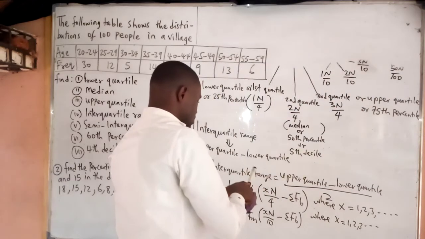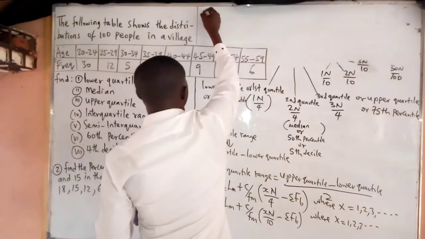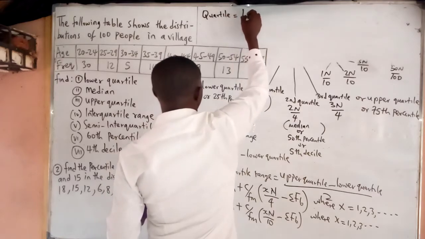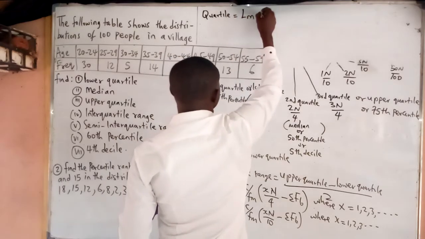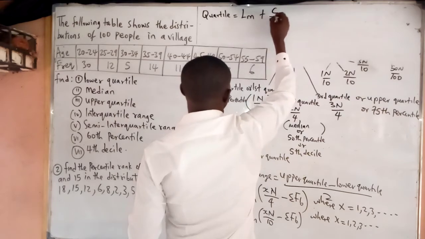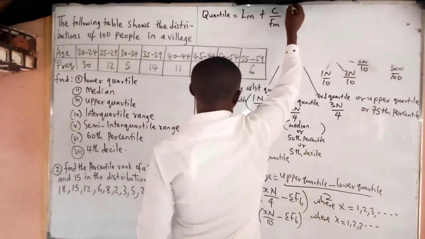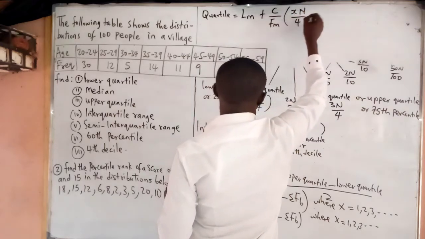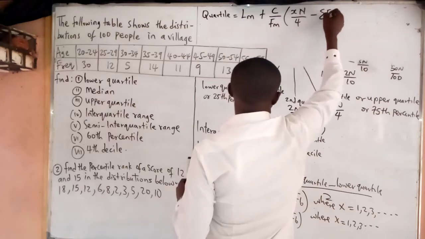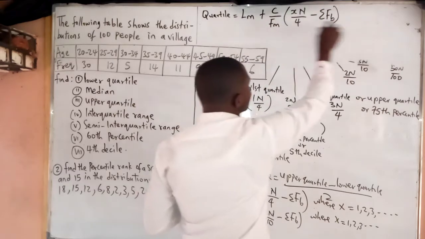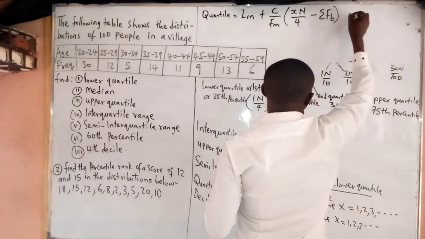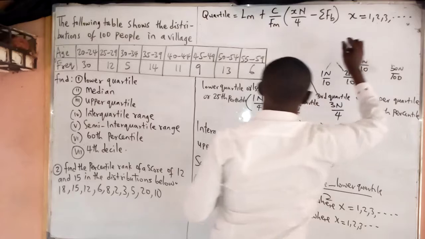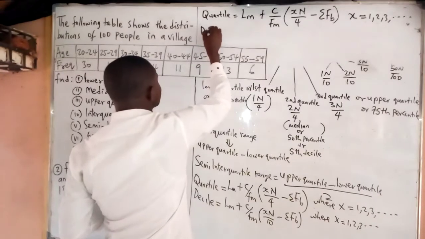We say that the quartile is equal to the lower class boundary of the quartile class plus class width, all over the frequency of the quartile class, bracket x times N over 4 minus the summation of frequency before the quartile class, where x ranges from 1 to 3. Then for the decile class,